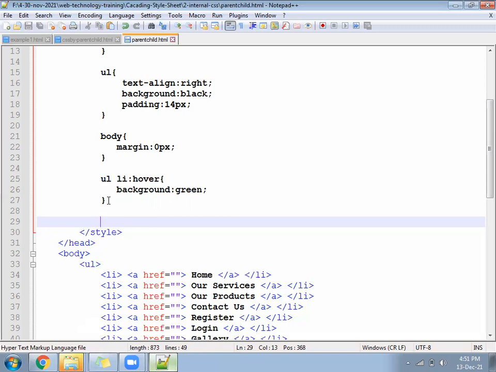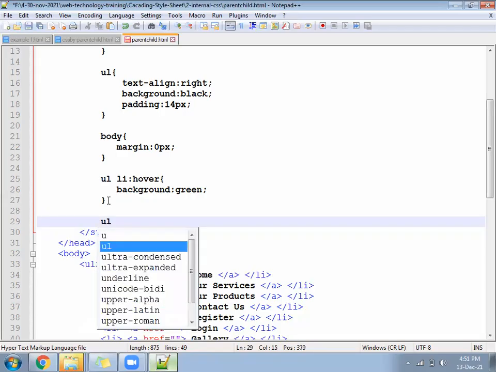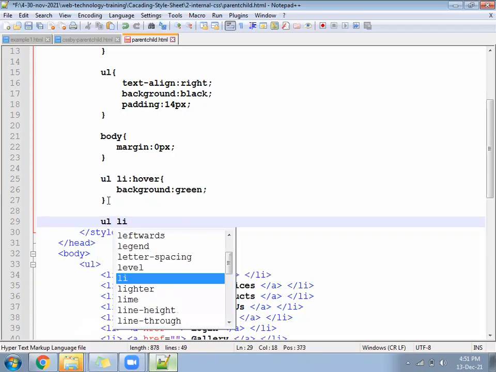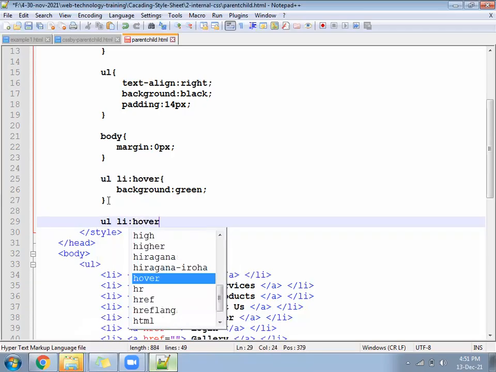Will it happen or not? So you will move the cursor on the li, and I will ask under the li if any a is there, change the color to which color? White color. How to write that? That is also parent to child. UL of li colon hover. So where are you going to move the mouse?